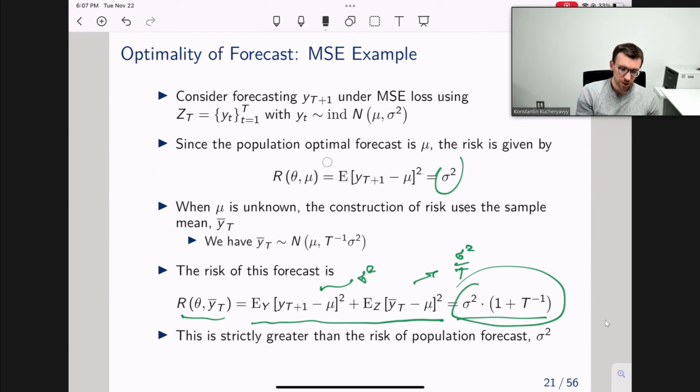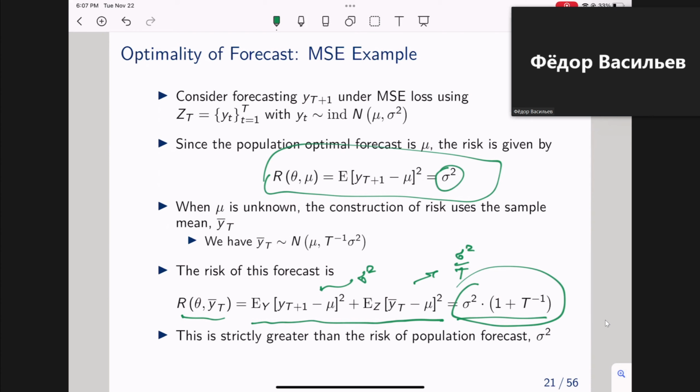Here, I'm just calculating the risk, the theoretical risk, which I don't know, but I don't need it for my forecast. Does this make sense? A little bit. So